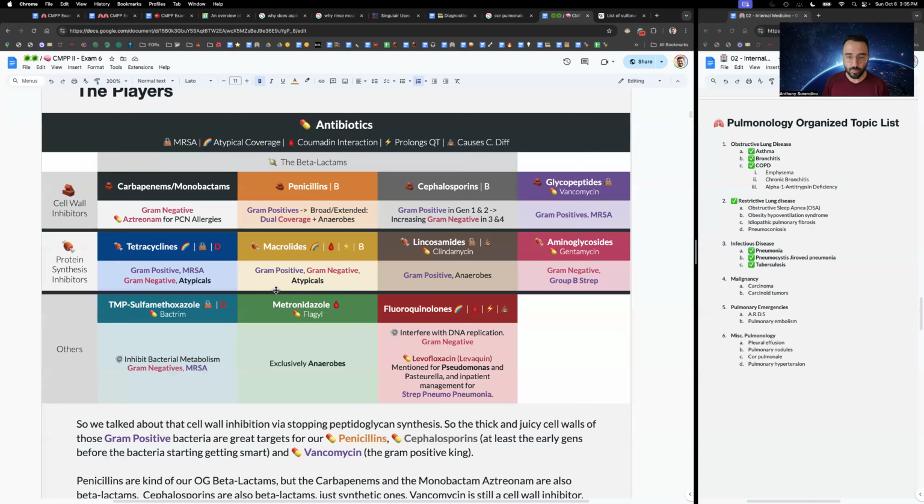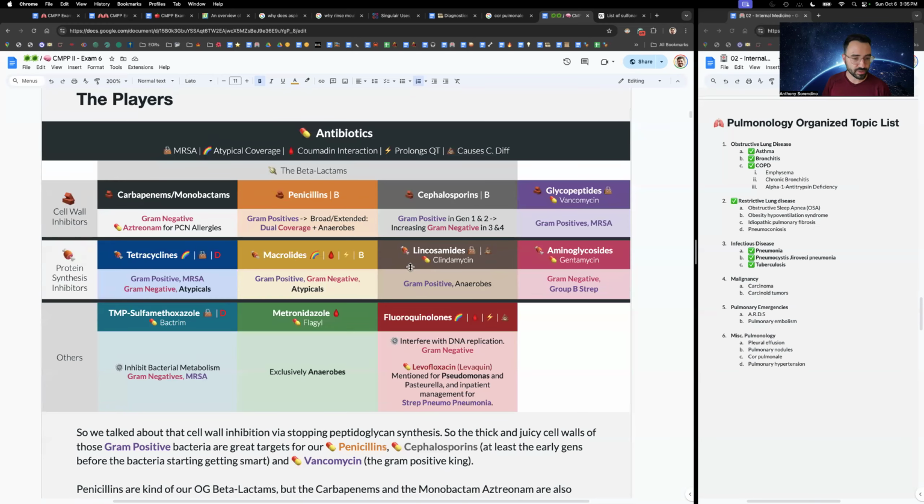The other thing to know about clindamycin is that it covers anaerobes, other than Flagyl, and then the crazy stuff like your Zosyns and your Unasyns. Clindamycin and Flagyl are the only ones that cover anaerobes. So you're going to see those a lot in GI issues. You're also going to see them a lot in the treatment of peritonsillar abscesses, stuff in the back of the mouth. You're going to see either Flagyl or